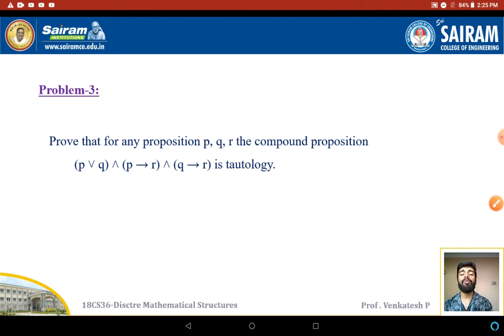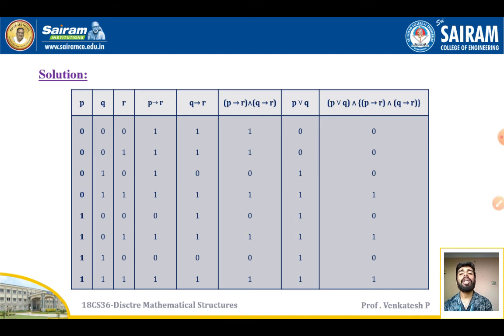So again same thing, I want the truth table. The truth table must contain the truth values for P, Q, R. So P will be given as I told, 0 0 0 0 1 1 1 1. Q will be 0 0 1 1 0 0 1 1. R will be 0 1 0 1 0 1 0 1.